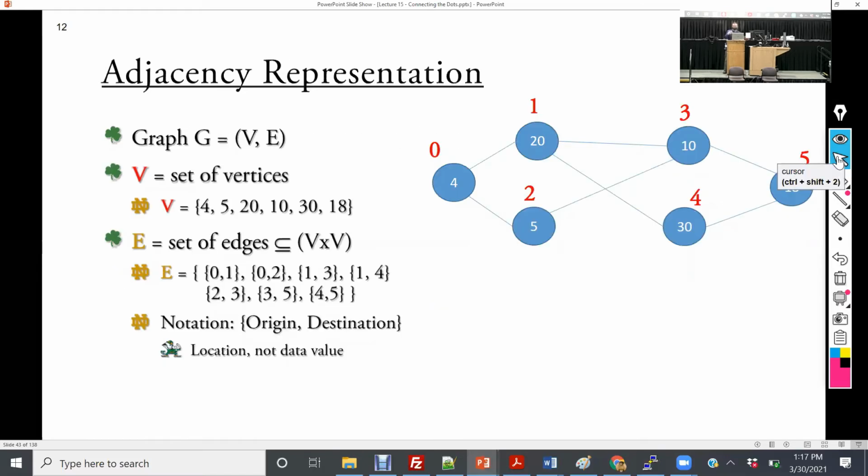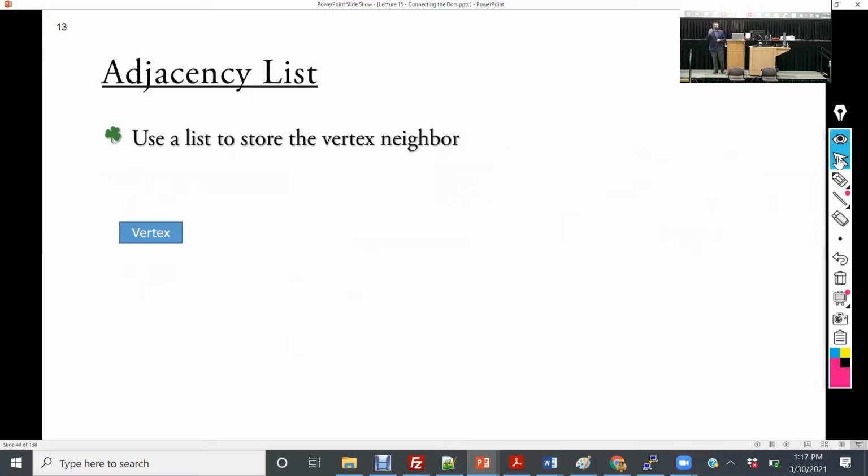So now I want to tell you about two different ways we can represent graphs in a computing system that are efficient. The first way is what is known as an adjacency list. I'm going to create a dynamic array that has all of the data as well as the location. Here I have 4 and 20. 4 is located at 0 and 20 is contained at node 1. And I see that I have a representation of an edge